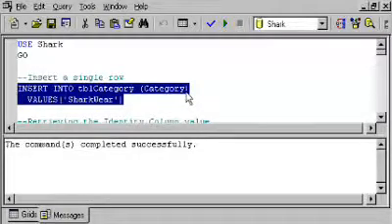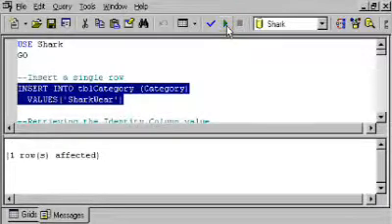If this were the only field, or if I were going to be inserting into all the fields in the table, I could actually leave out this field list. If I leave it out, though, there's going to be the assumption that I'm providing values for every single field in the table. I'll run this, and I've now inserted a value, Sharkware, into the category table called tblCategory,